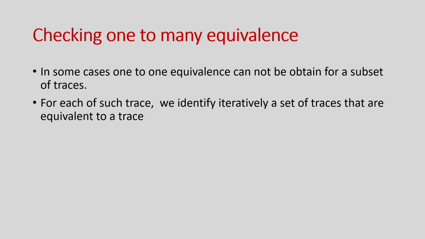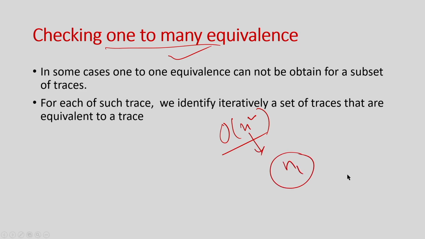And I have seen that in some cases, if the one to one correspondence cannot be shown, then we have to do one to many equivalence, right, and that needs order of n square checking. But we will only do it for very few traces for which one to one correspondence cannot be proven. Okay. So, that is the idea. So, in the worst case we have to do this, but this will not be done for all n, right. It will be for some n1 number of things, where n1 is very much less than n.